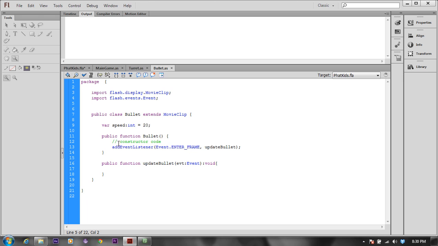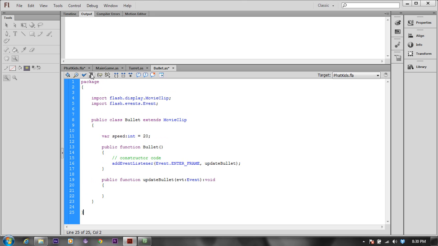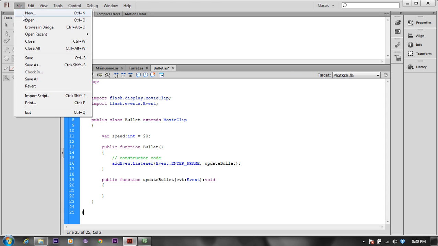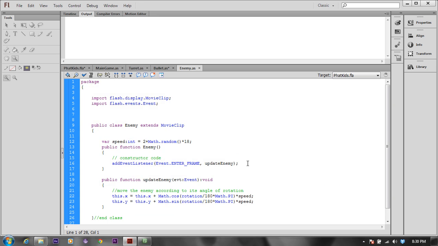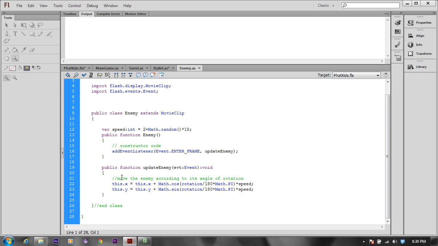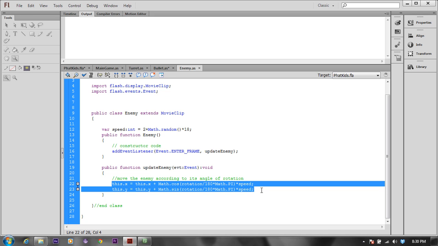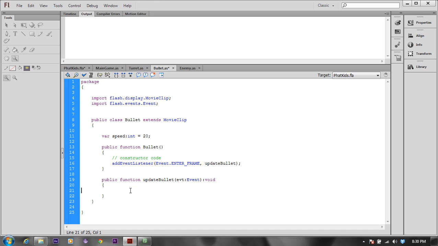So now I have an event listener added to the bullet. Every time I enter the frame, I'm going to update the bullet. The public function takes in the parameter, doesn't return anything, and I think that's looking pretty good. Now I'm going to go ahead and look at my, let's see, enemy class, because I'm going to use some of the same code. Notice here I've got updateEnemy, void, and I'm taking this same exact code and I'll put it inside of my bullet function,